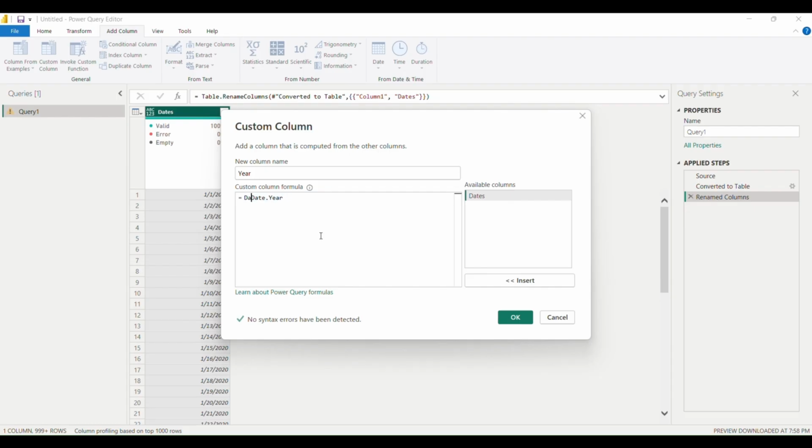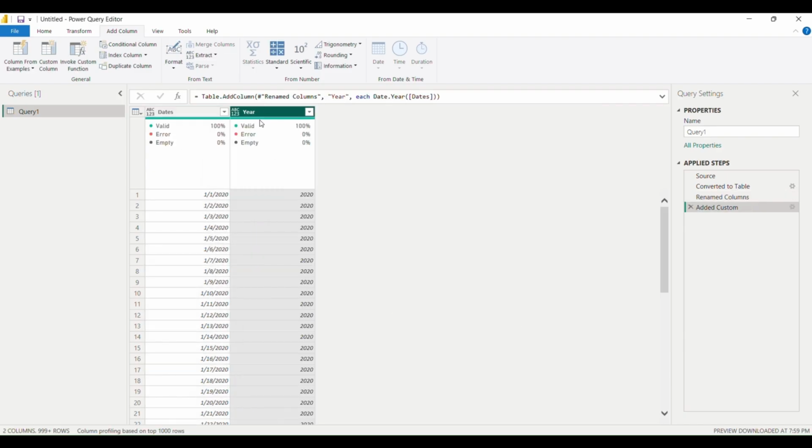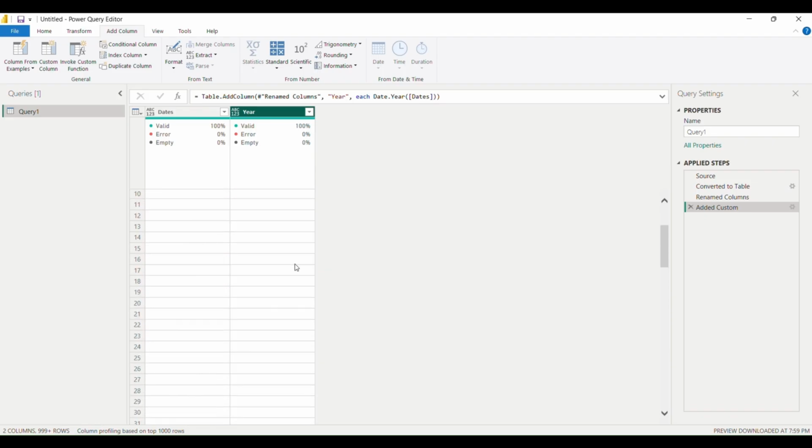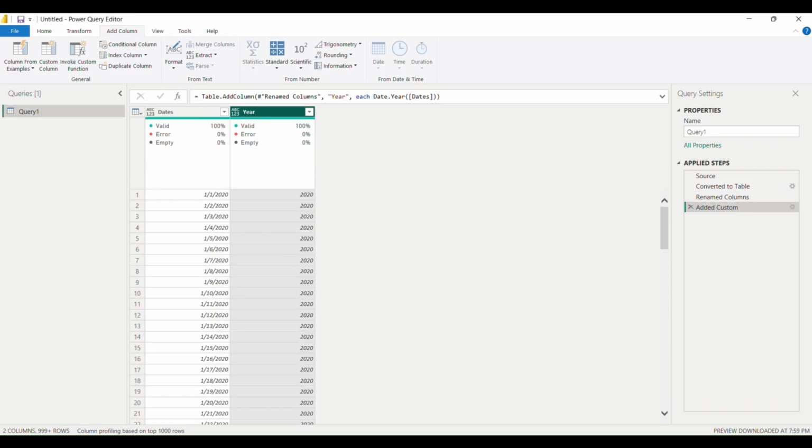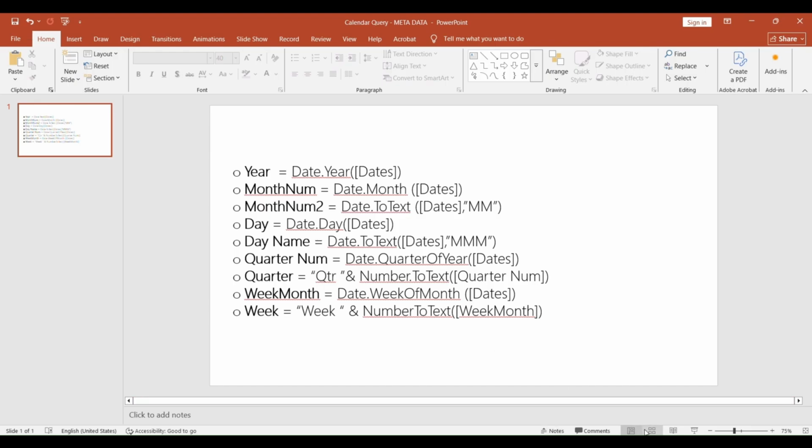Just clean this text before, so I have on my formula, open parentheses, and we just need to add our dates column, close parentheses, enter. Okay, so we have a new column with the years. Okay, so for the next steps,